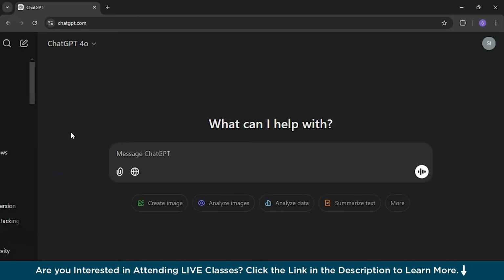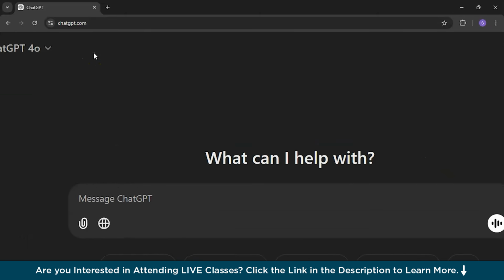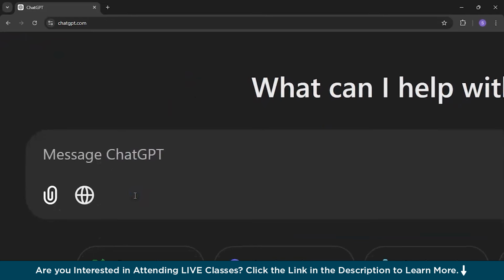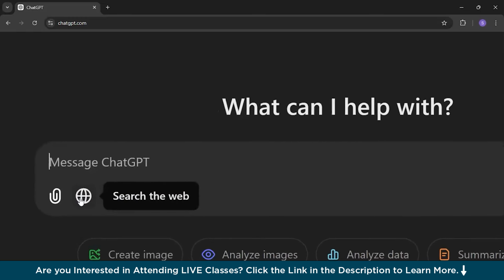Now, as I'm a ChatGPT Plus subscriber, as you can see, I'm using ChatGPT 4o, and when I zoom in over here, you can see a small globe-like feature, and when you hover on it, you see Search the Web. To enable ChatGPT Search, you must click on this globe.